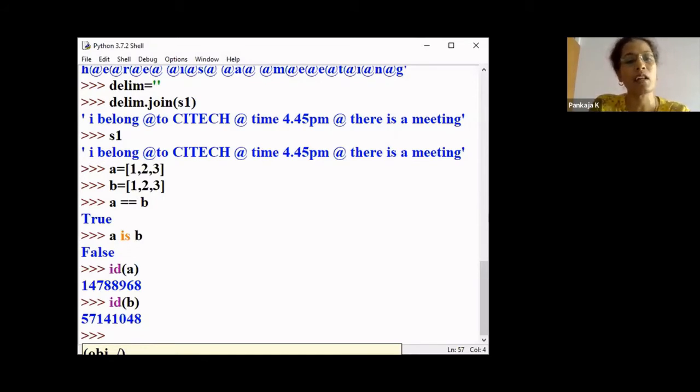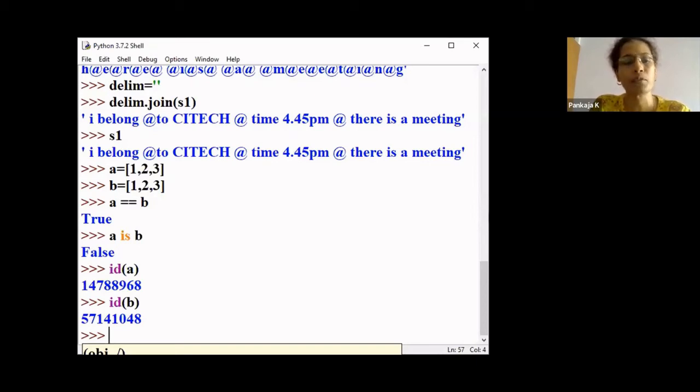Both A and B have the contents 1, 2, 3, right? But actually they are two different objects. So the is operator will check whether it refers to the same object or not, and here both are referring to different objects.